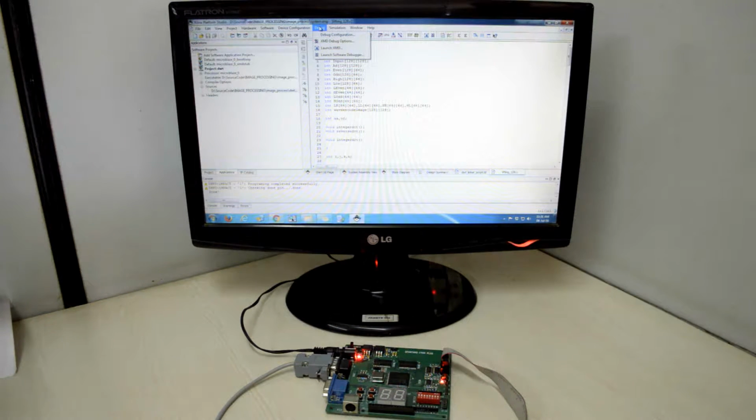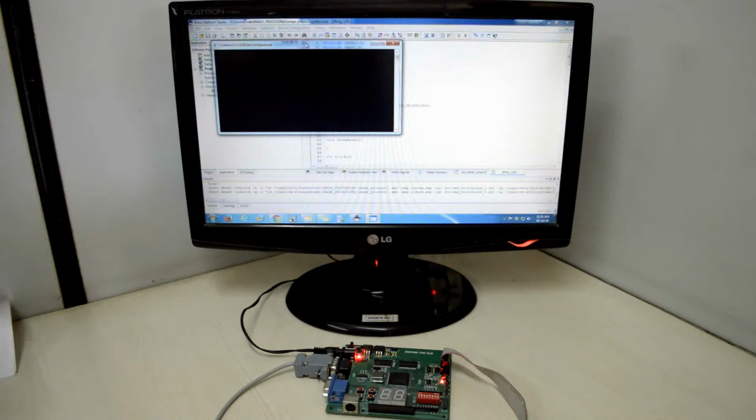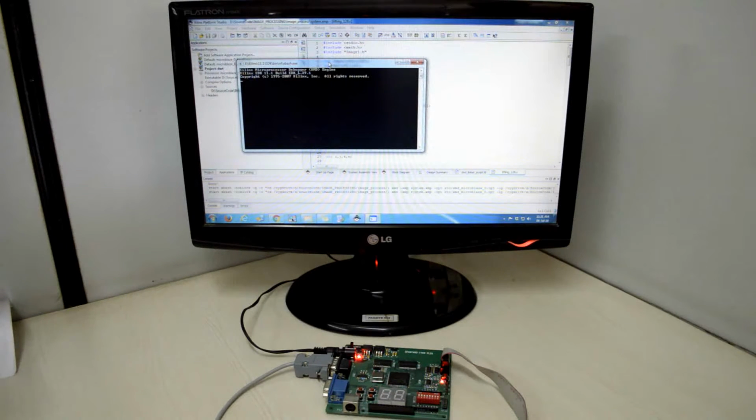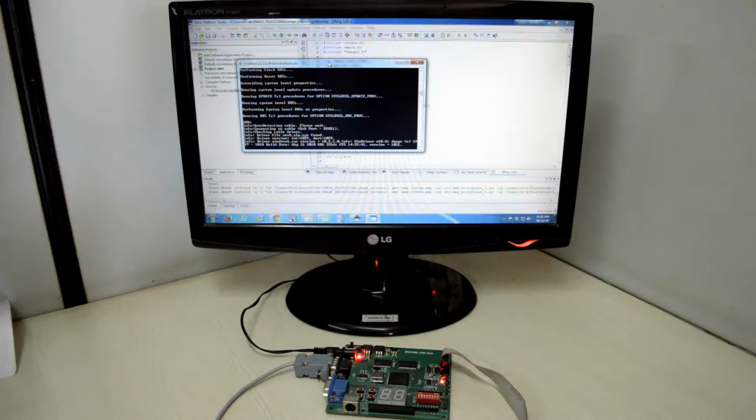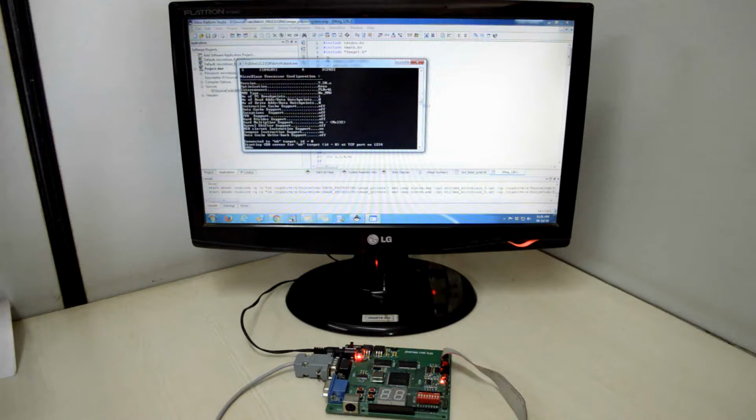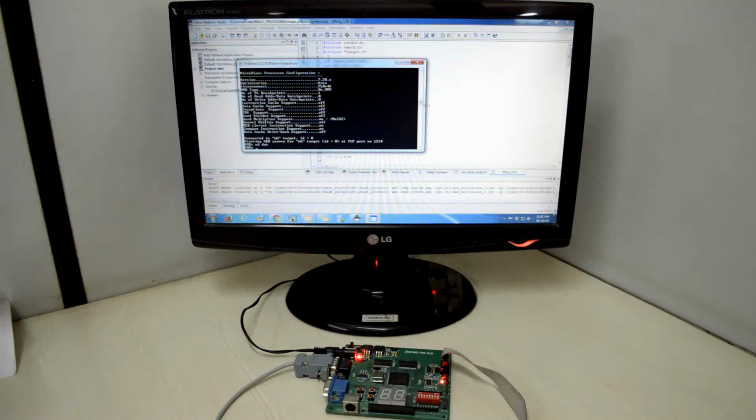Now we have to launch XMD to download the executable linker file. Under the debug option it is available. Here we have to open the ELF file location, which is located under the DWT folder. Open it by typing the command cd space DWT, enter.